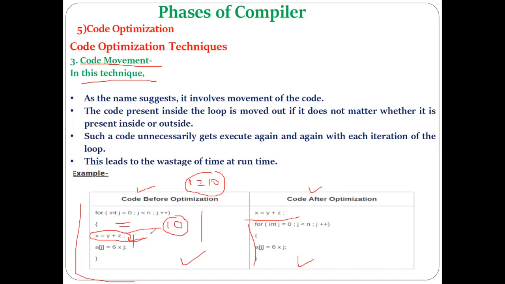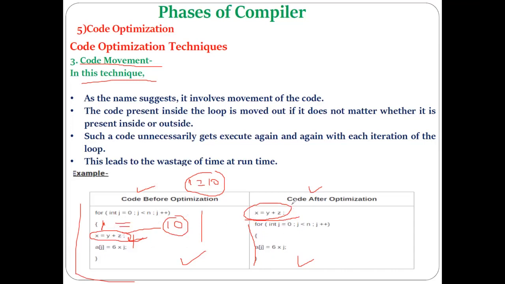So you are doing the code optimization as code movement because it can be done. If you move x is equal to y plus z before this loop, then it is not going to affect the final output of the code. Understood? Why is it not going to affect? Because here you are not changing any value of y, z or x. It remains the same.